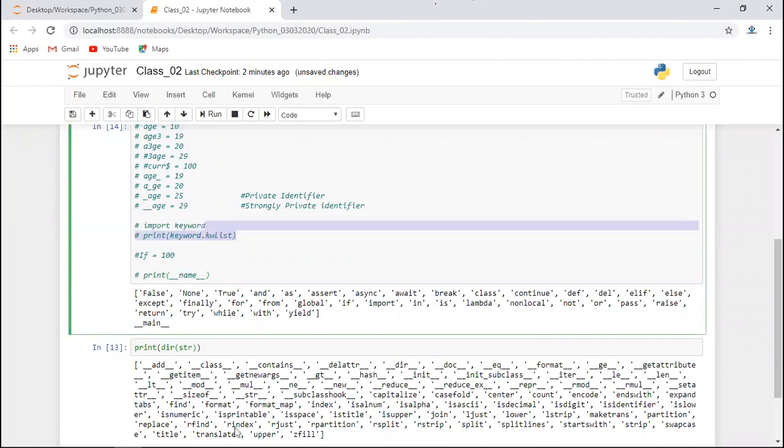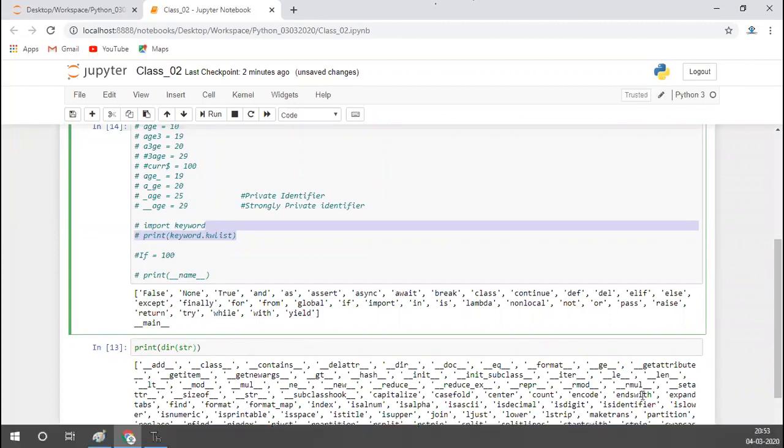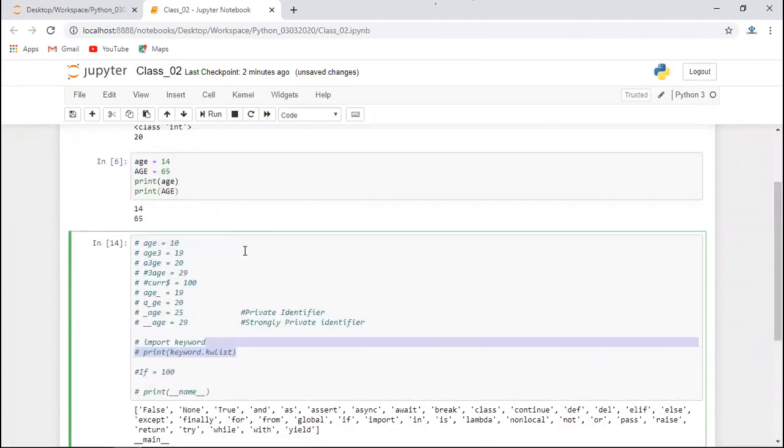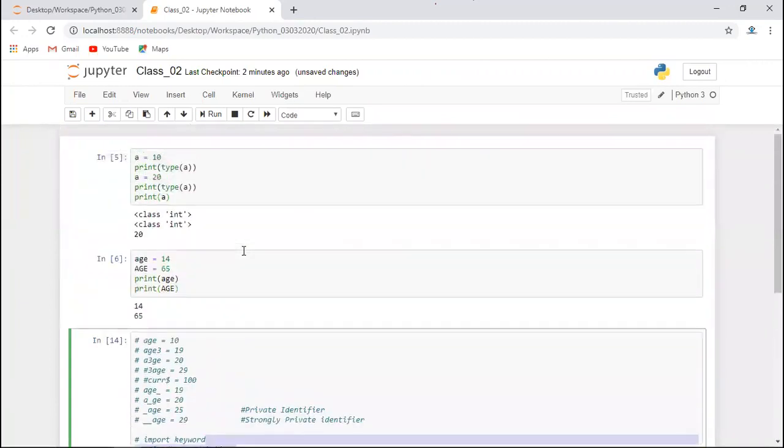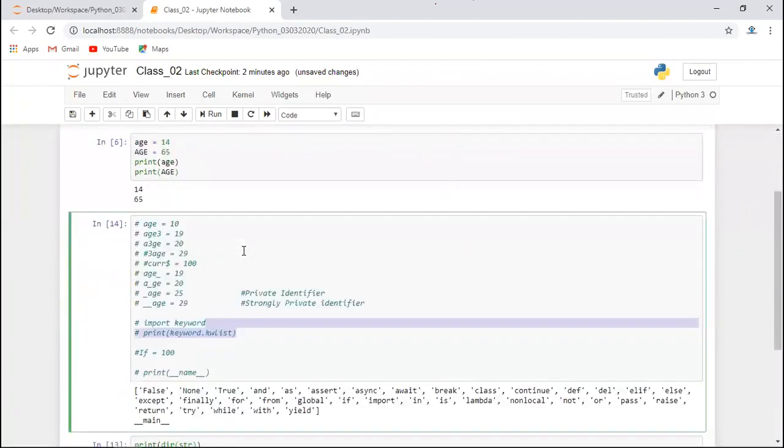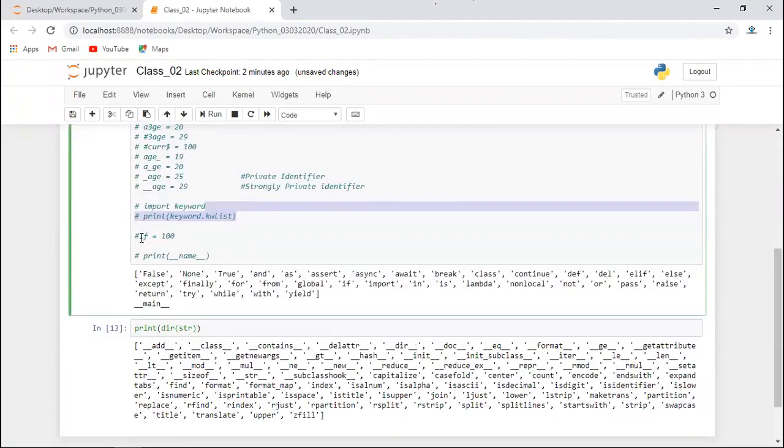Actually, I have noticed one thing. Yes, go ahead. While first when you printed, when we put if equal to 100, why didn't it first print the statement print keyword.kwlist? Because line by line it should execute, right?